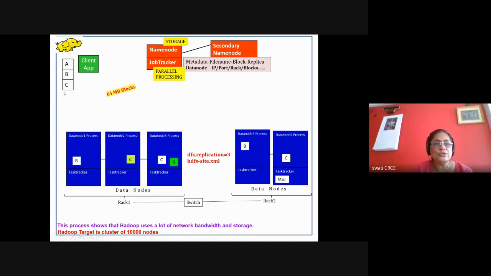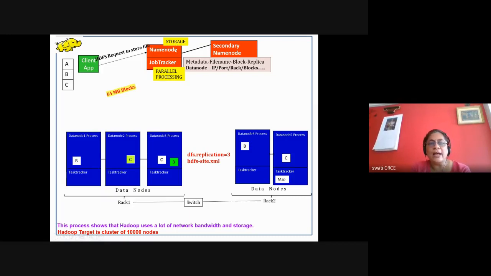And this file is to be stored onto this big data cluster. Okay. So this client has not created these blocks. Client has this entire file. Client submits this file to the cluster with DFS, distributed file system. So it gives the HDFS command, and it tells that I want to store this file. Okay, so client submits this request in the form of a command to the cluster. That request goes to the name node, that I want to store the file.